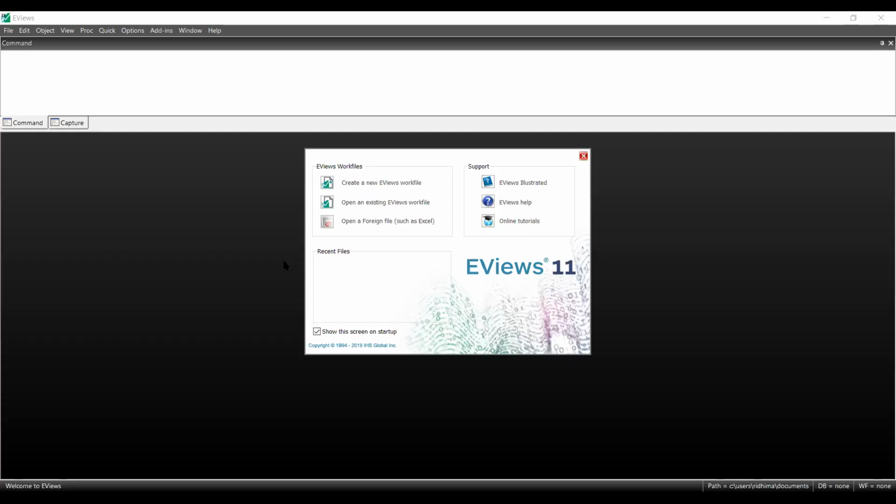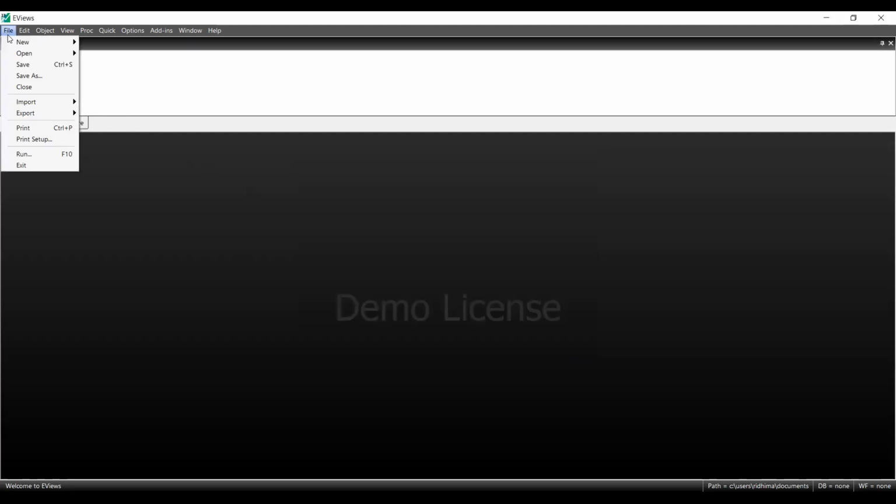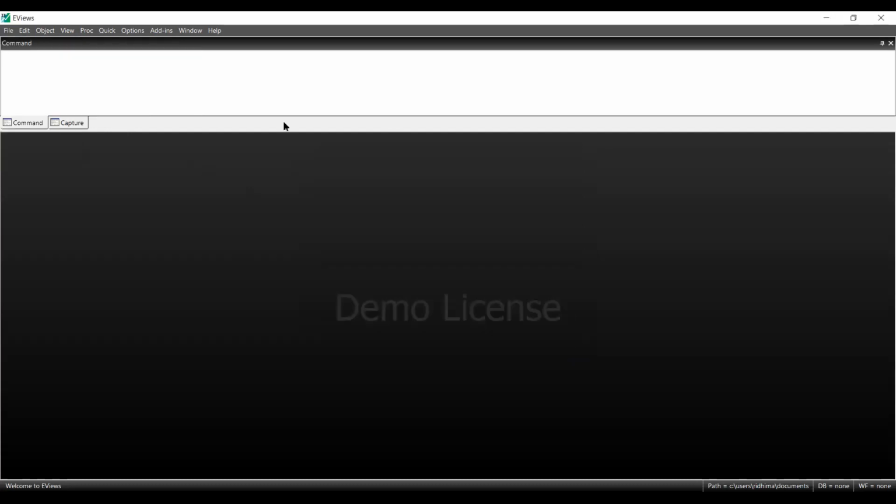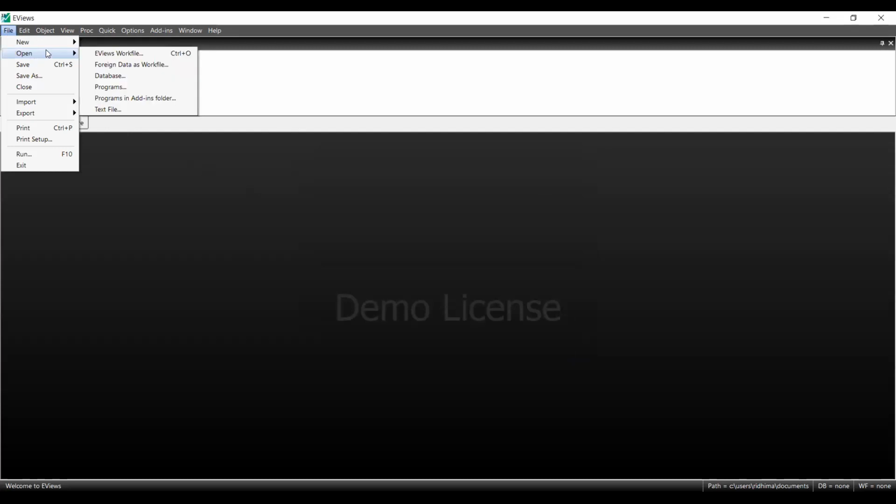So here you can see the screen when you open the eViews software. The number one thing you have to do is to give this software the required data files. So we have to go to file, open, and let's say you are working with an Excel file.